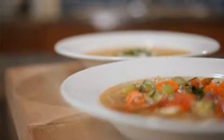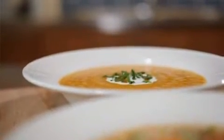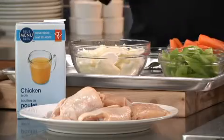Making soup at home doesn't need to be a hassle, and it doesn't need to take a whole day to make. All you need to do is have the right ingredients, and in about an hour, you have a great start on a soup. I'm gonna show you how to make a chicken soup with vegetables and butternut squash that we're gonna puree. Let me first of all start off with telling you a little bit about the difference between